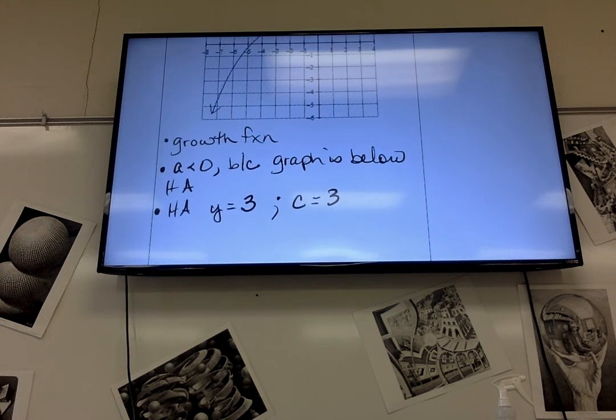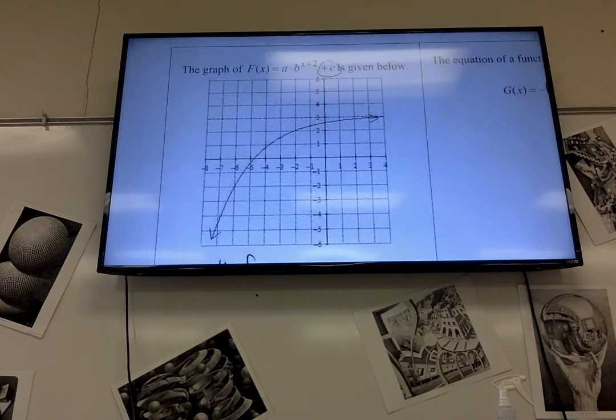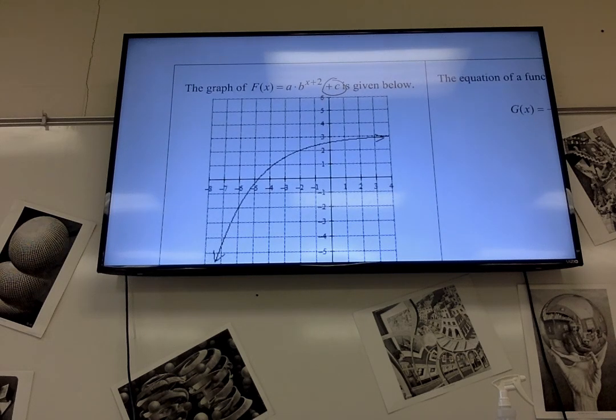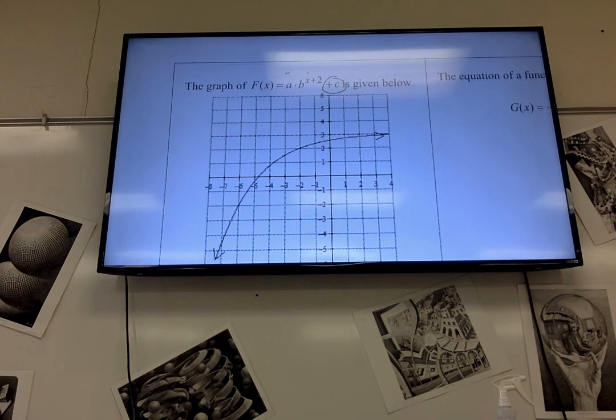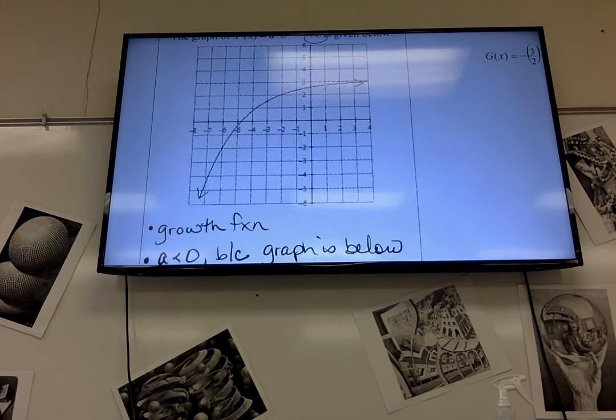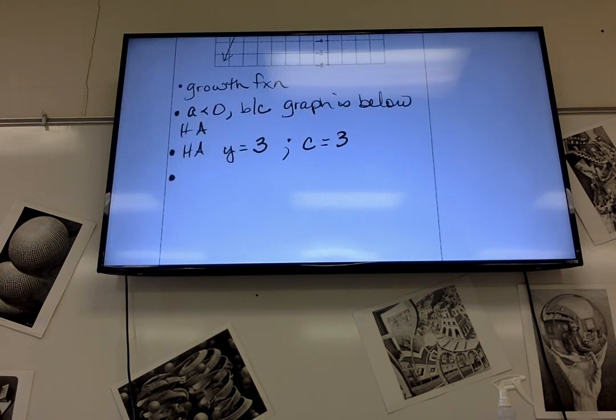Okay, so how many reflections then, if A is less than 0, and you see that x is positive here, how many reflections do we have? 1. Yeah, just the A is less than 0 because that's a negative. And there's not a negative in front of this x. So it has one reflection and it's growth,